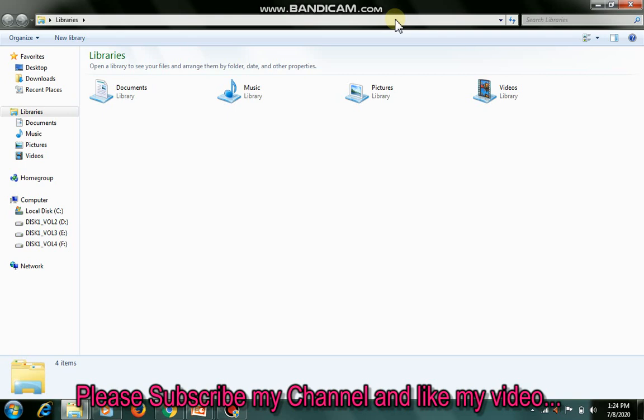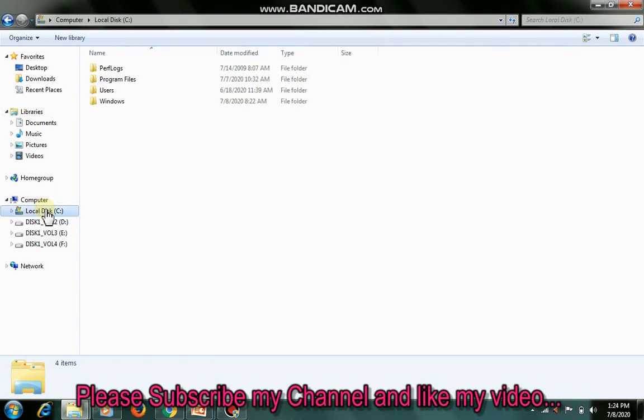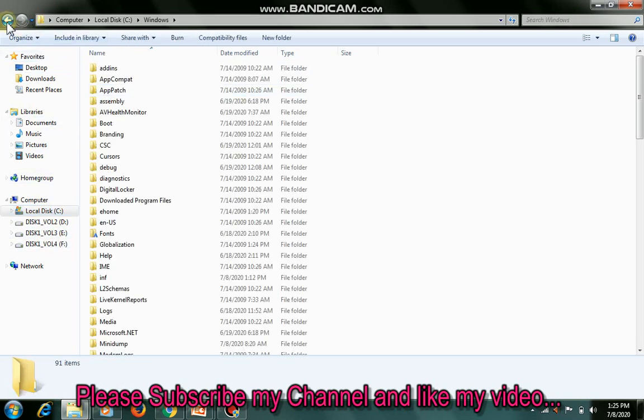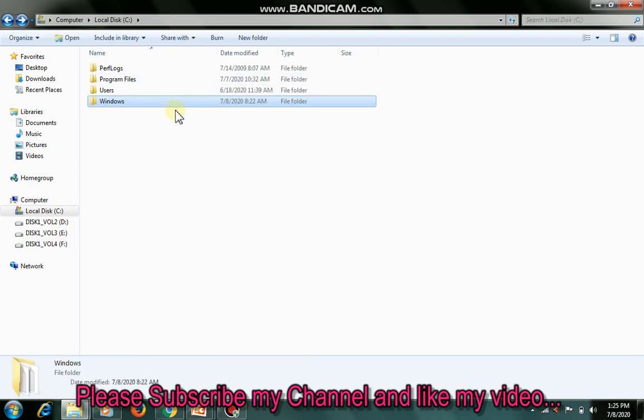As you can see, it is opened and all the files and folders can be seen in this window. On the left hand side, this is known as the navigation pane, and there are folders and subfolders also. As I have clicked on the C drive, now there are 4 folders. As you can see here, dates are also there, showing on which date they were last modified.